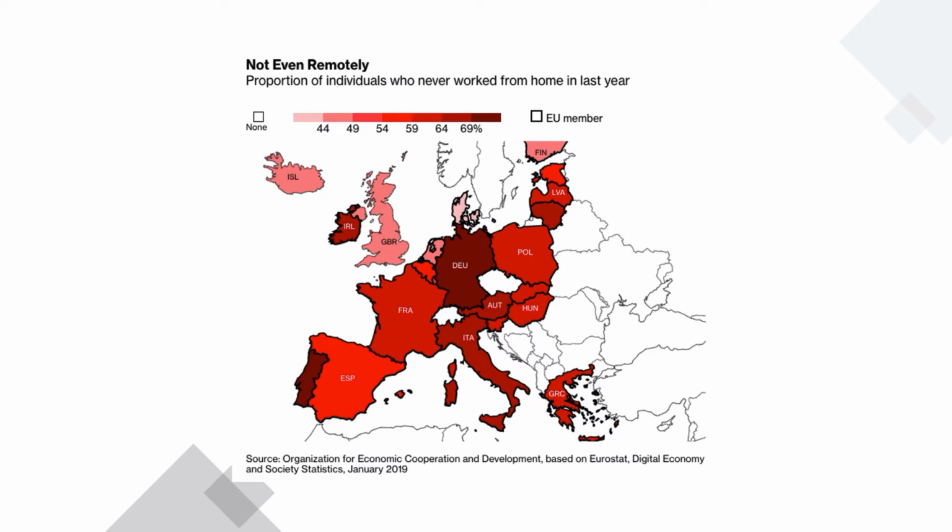One of the interesting points here, and I appreciate this is an EMEA, a European map, but one of the interesting things to note is the number of people who have never worked from home before. What you'll see here is that in Germany, 70 plus percent of people have never worked from home before. And that's not just a technical shift that needs to take place, but also a cultural one. And so it's going to take some time as we start to try and move people to work from home and allow people to be productive.